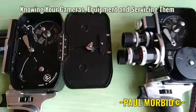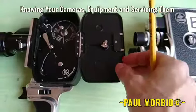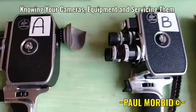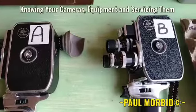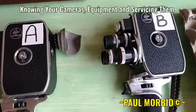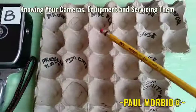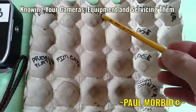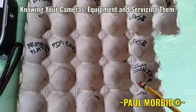Alright? Now, within repairing the cameras, I've had an electronics business for years. Back in the days, even when repairing VCRs and other small electronics, what I've always used are these egg trays. As you can see, I've labeled them for the front of the camera: pressure plate, base plate, some of the lens, film counter area,